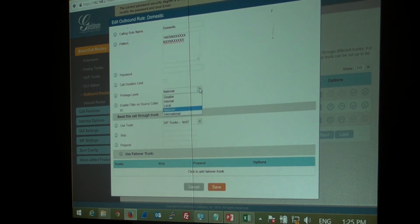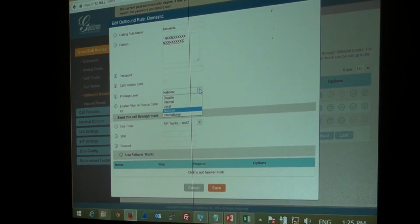Local would be, I mean, it's just a name. For other countries, they have 7-digit dialing, for example. It's not just a flag that you can put in between the extensions and the trunks. So Ernesto, actually I lied, because a while ago I said you guys did everything we asked last time